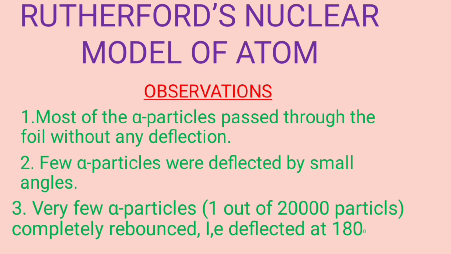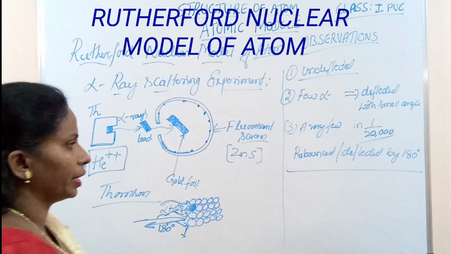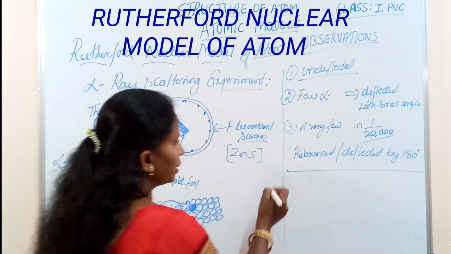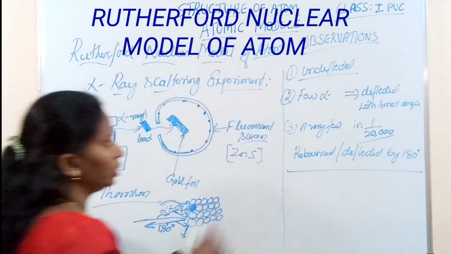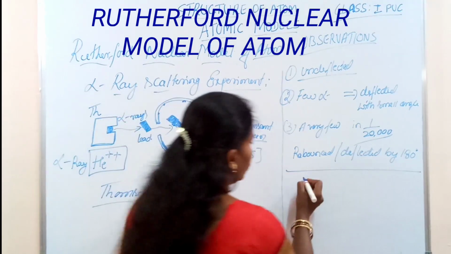They will ask you to write any three observations of the alpha ray scattering experiment. Then, by observing all the above results, Rutherford concluded